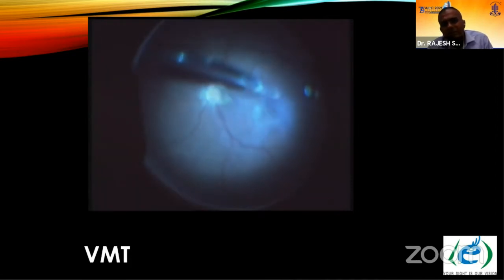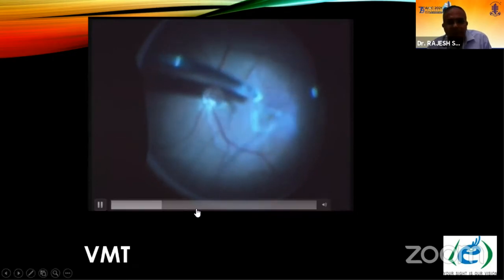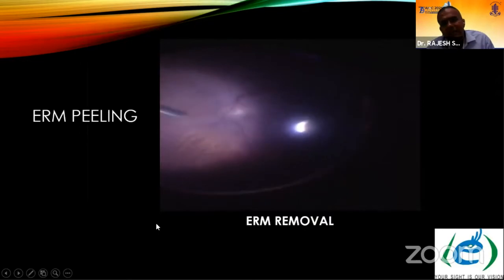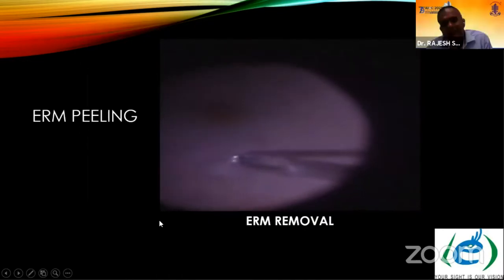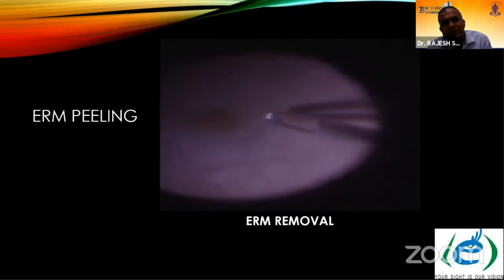But despite a good surgery, sometimes in VMT we may not have the outcome as expected. So subsequently I'll show you the ERM peeling videos, because the surgical maneuvers are almost the same. Once you remove the vitreous, the ERM is removed using a forceps here.